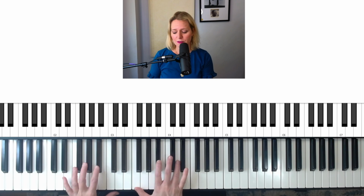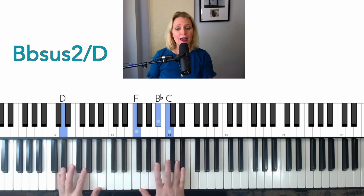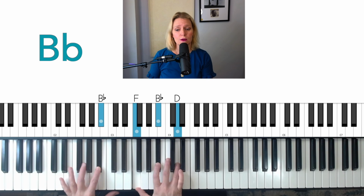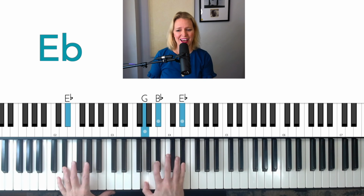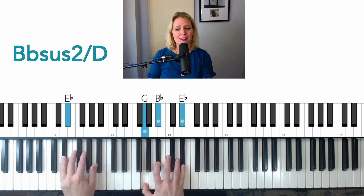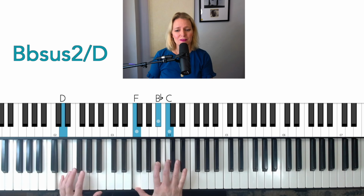The B flat I'm doing in second inversion. 5, 1, 3. 'Cause I can't make you love me if you don't. Back to the E flat. You can make your heart feel something it